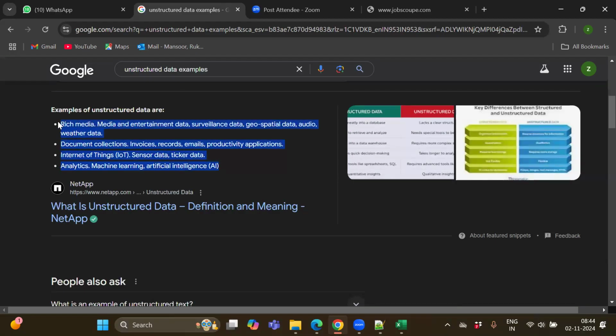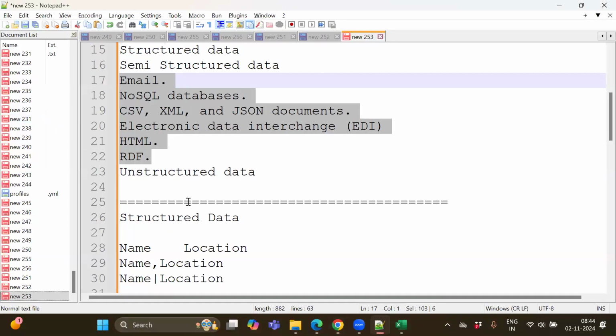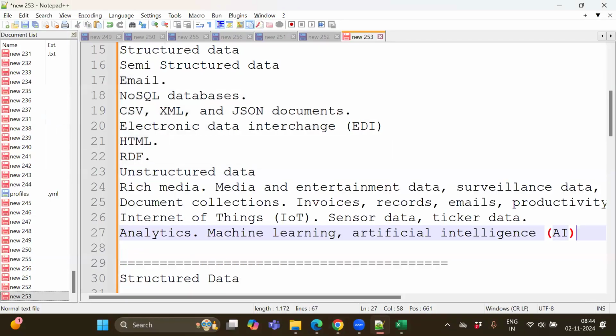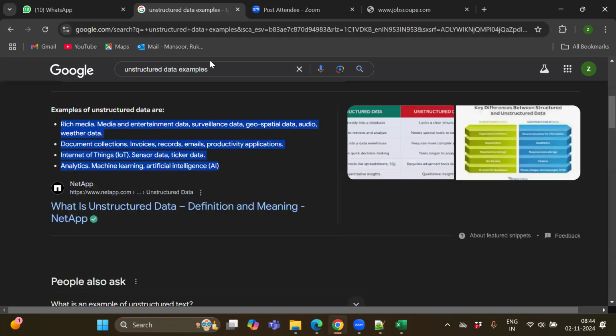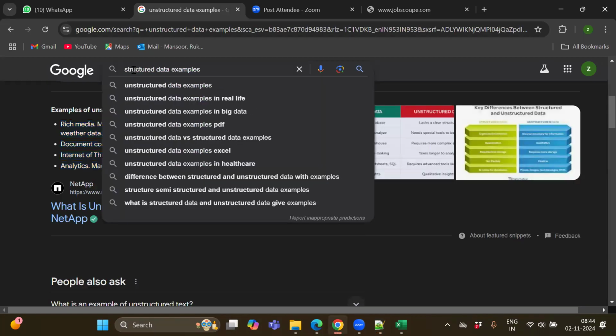These are all unstructured data. Like whatever we type in WhatsApp, Twitter, Facebook, those are all unstructured data. See here you have surveillance data, and whatever you have is sensor data. And then structured data: